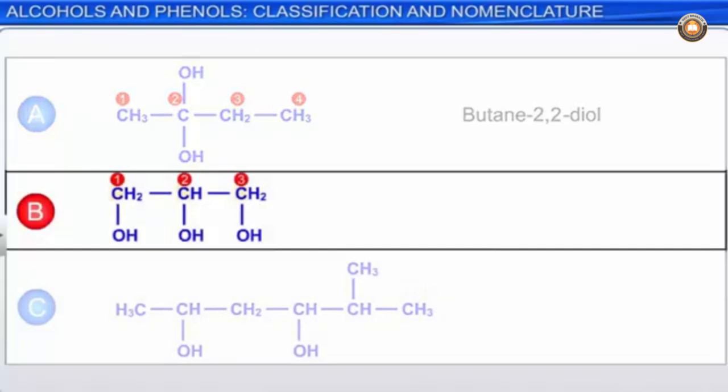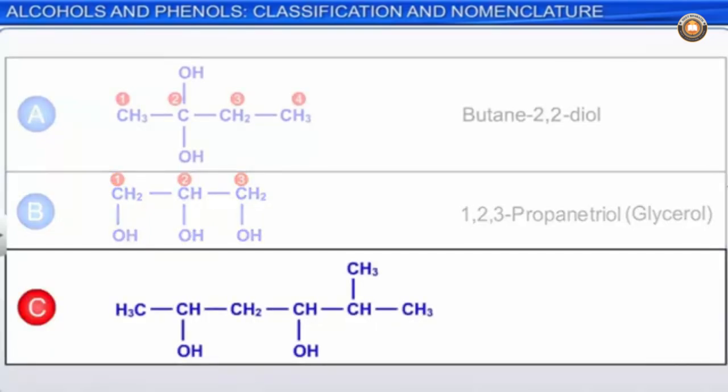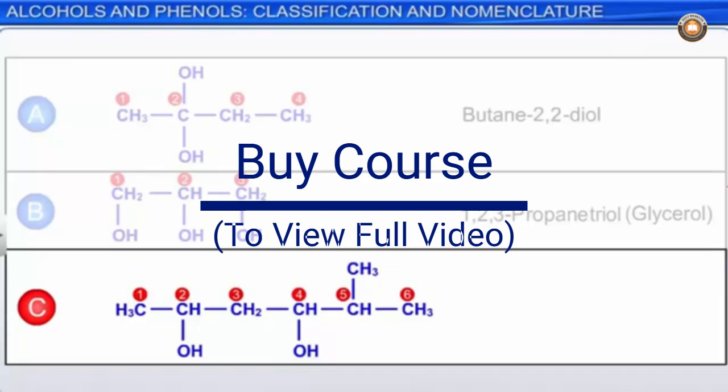Molecule B has a 3-carbon chain with 1 hydroxyl group on each carbon. Its IUPAC name is 1,2,3-propane-triol, and the common name is glycerol. Molecule C has a carbon backbone containing 6 carbon atoms. Counting from the right, there are hydroxyl groups